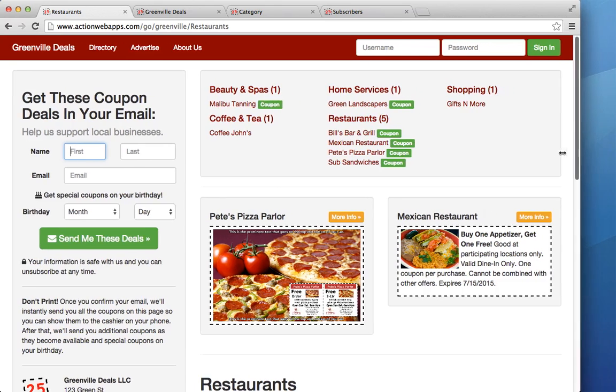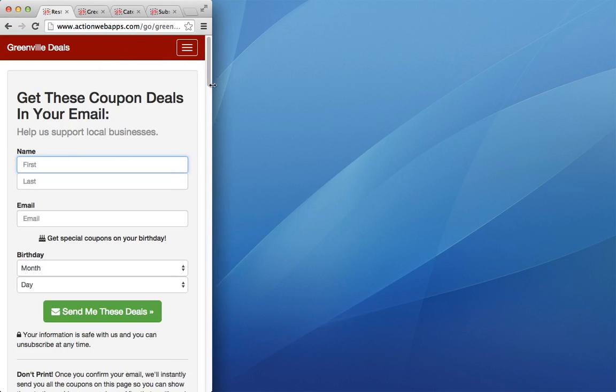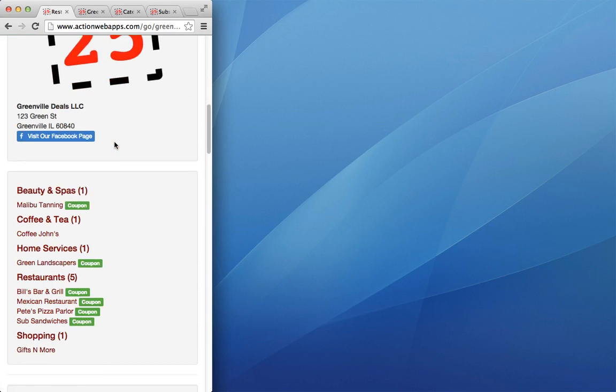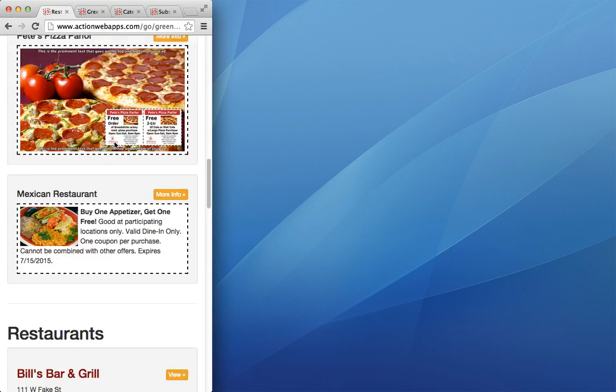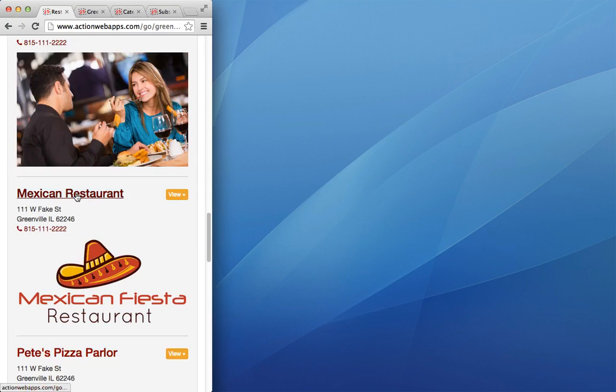Very simple. This is a responsive form or responsive design, so it doesn't matter what device they're on. When they hit your URL, the very first thing they'll see at the top, because it's in the top left, when it condenses to responsive design, it's going to show up at the top. So they're not going to get lost on your page, but they can still view everything in sequence. They'll get a couple ads in the middle, and then they'll be viewing your list. And if they click on one,